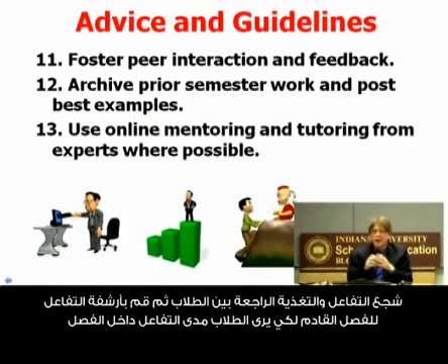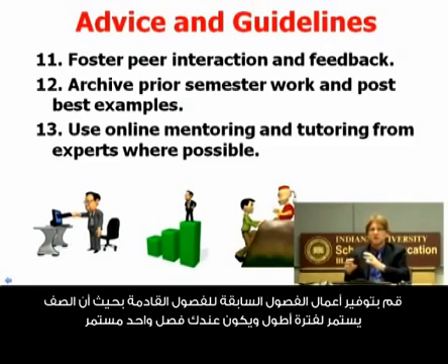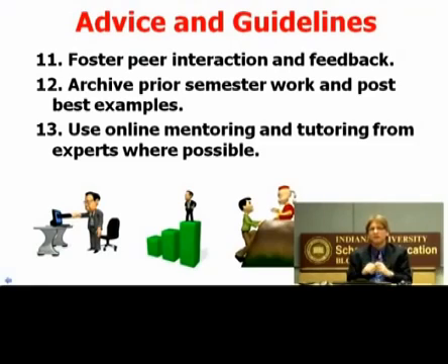And when you've done that, archive what's gone on for the next semester to see a really interactive class, to see students who know and respect each other. Have those prior semester work available so that the class itself continues over time. You don't just have a one-off class, but you have a continued class. You all are members, graduates, alumni of this class. It's a wonderful, warm experience to be a member of this particular class. That's the way to do it.